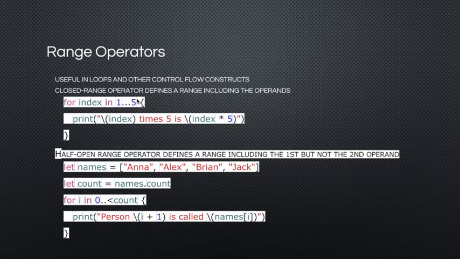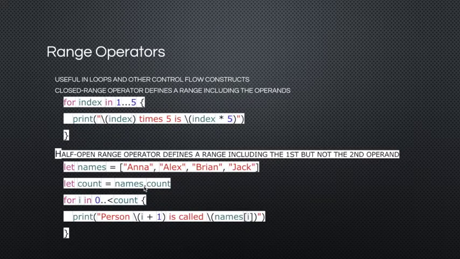Okay, so this is something else that was new to me. I've seen recently that it's in other languages as well, but it's not in C++ or Java, so this is pretty cool. It's a range operator, which means you just define a range, in this case from 1 to 5. And you have two different kinds of range operators in Swift. One is the closed range operator. That means that you're including 1 and 5 in this range. And half open